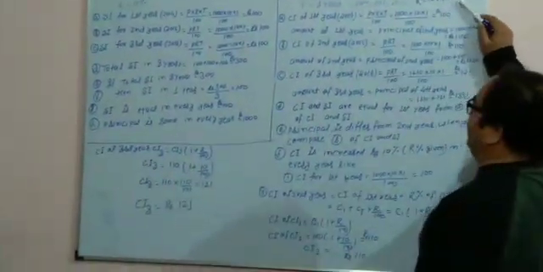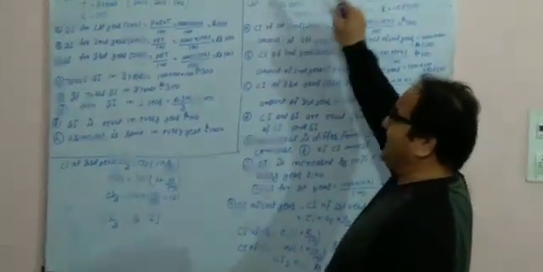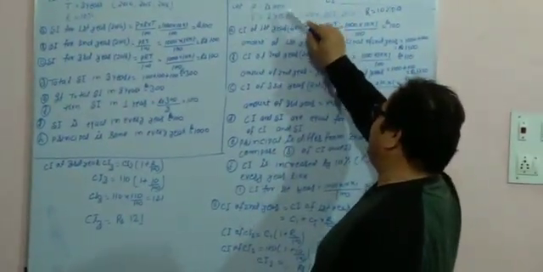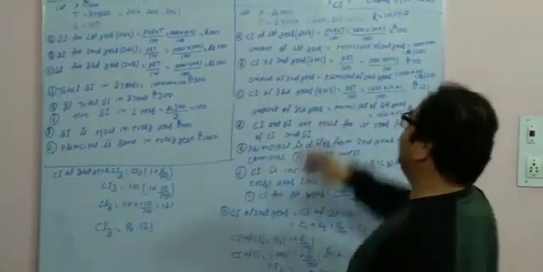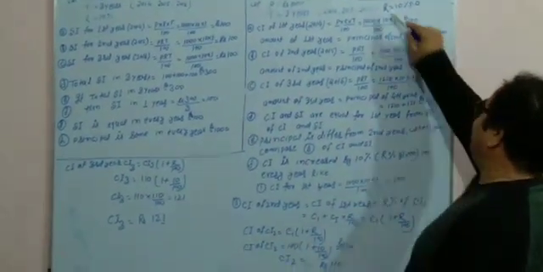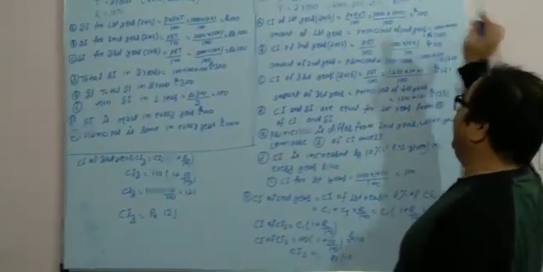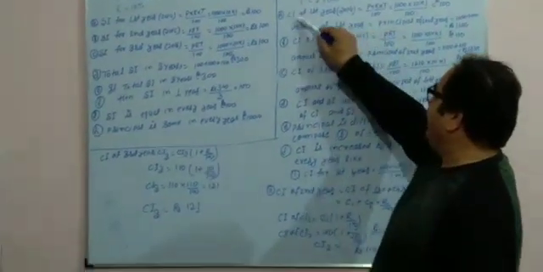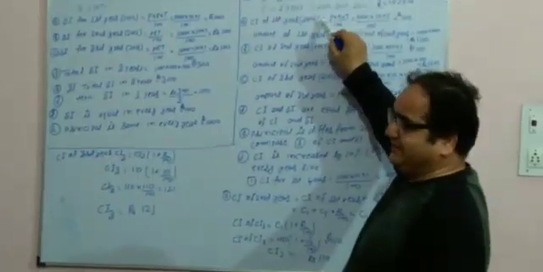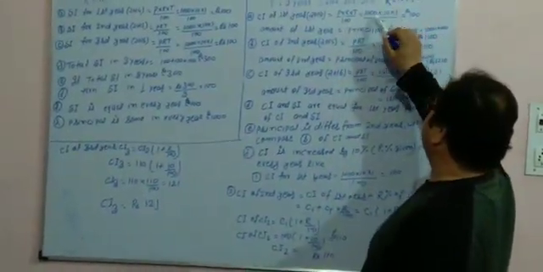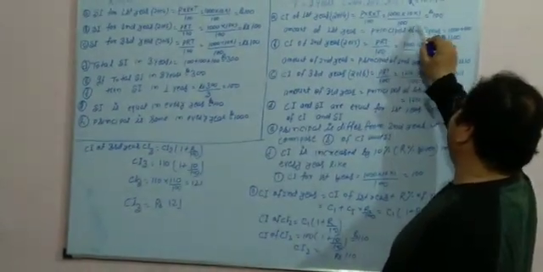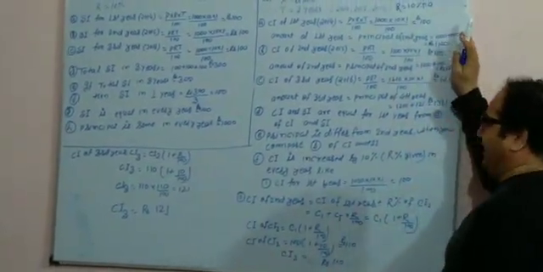Next term is compound interest. In compound interest, you also consider the principal is 1000, time 3 years, 2014, 2015 and 2016, and rate is 10% per annum. So CI of the first year, that is 2014, is equal to PRT by 100, so it is 1000 into 10 into 1 by 100, equal to 100.